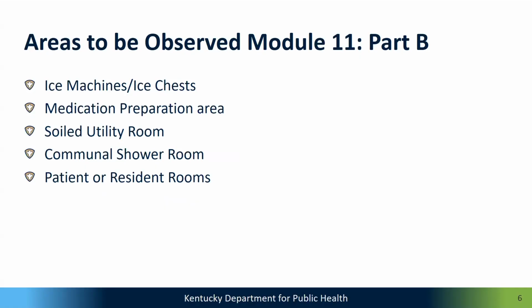The ice machines: you're going to be looking to see, are they uncluttered? Are they clean? Are they free of insects? You're going to be looking at the medication preparation area. Are patient care supplies protected from splashing? Are those faucets offset from the drains? A lot of facilities have those faucets that are movable, and the OCD person may come by and straighten it up because they don't like that it's kind of offset from the drain. But just make sure that you have educated staff that there is a reason why CDC recommends that those faucets are not hitting the drain directly.